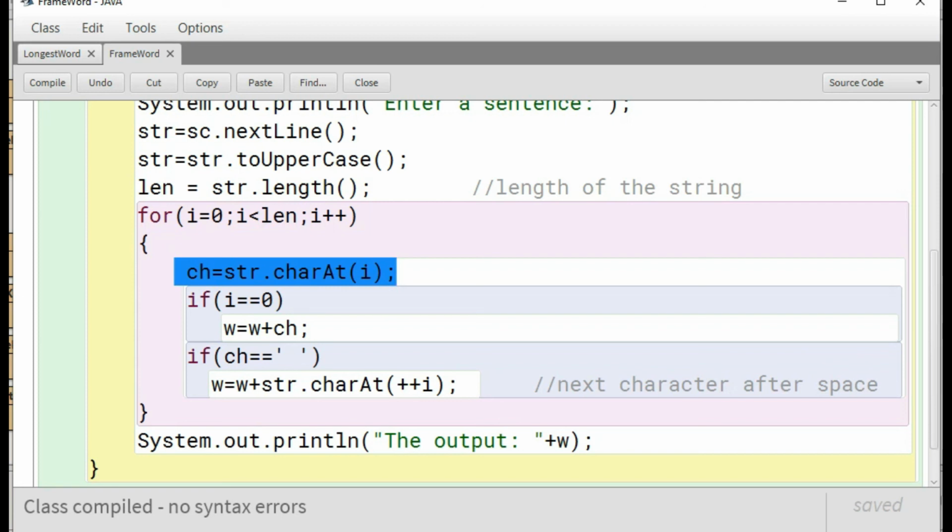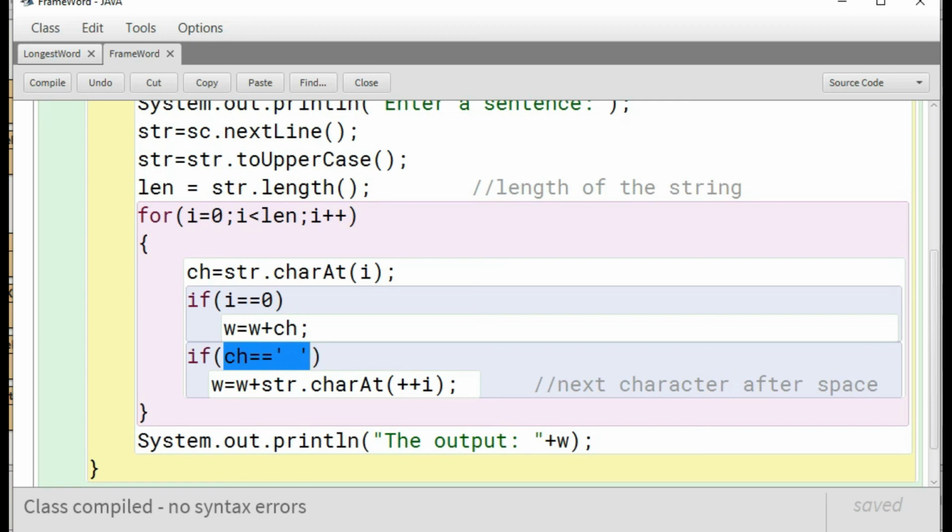That means when i equals 0 we will get the first letter of the whole sentence, and we have to extract the characters after every space. After every space we are getting a new word, so we have to extract the first character of the word. So these two conditions are applied here.